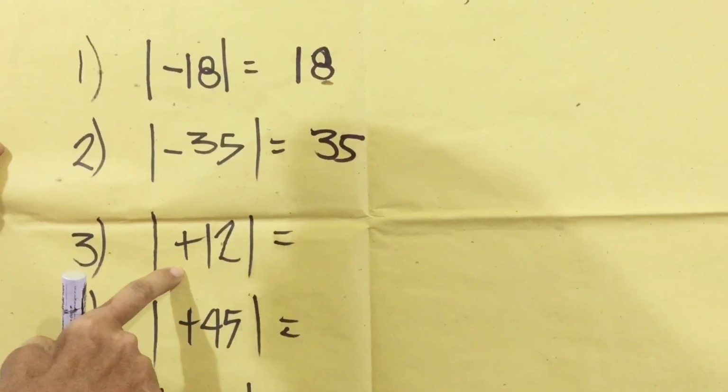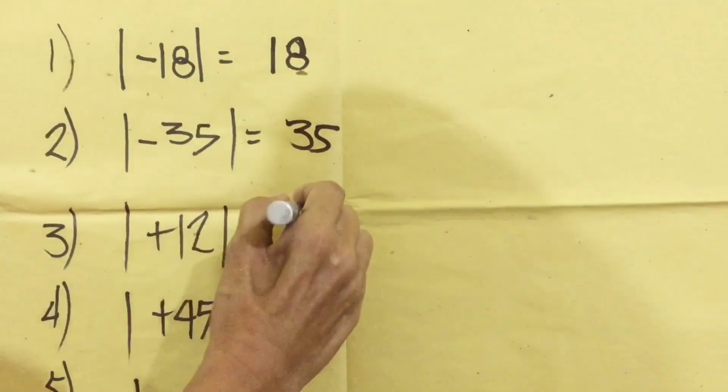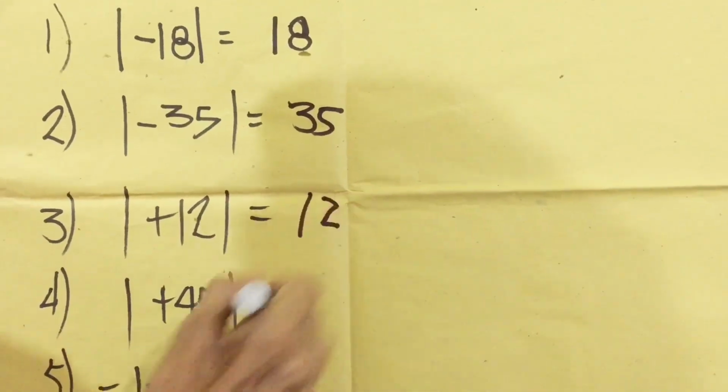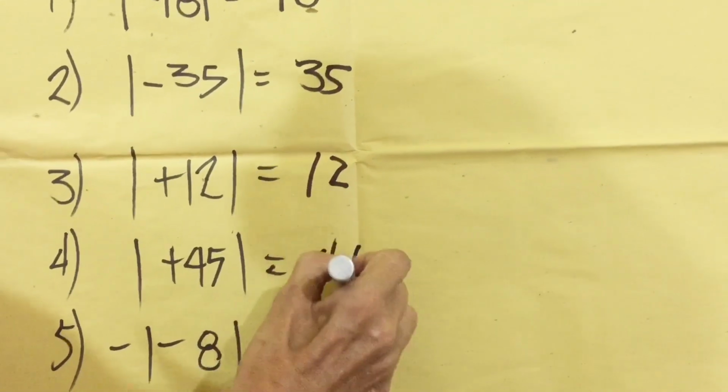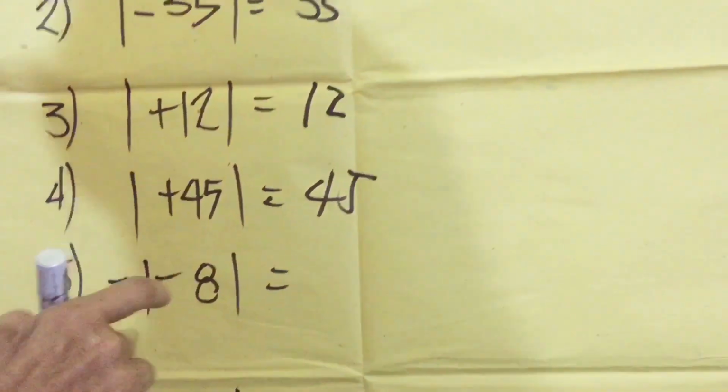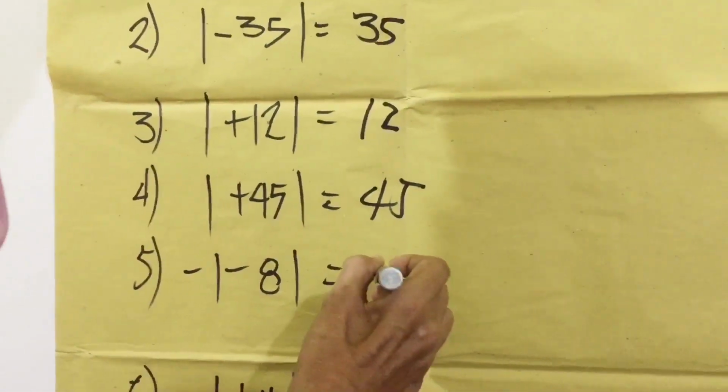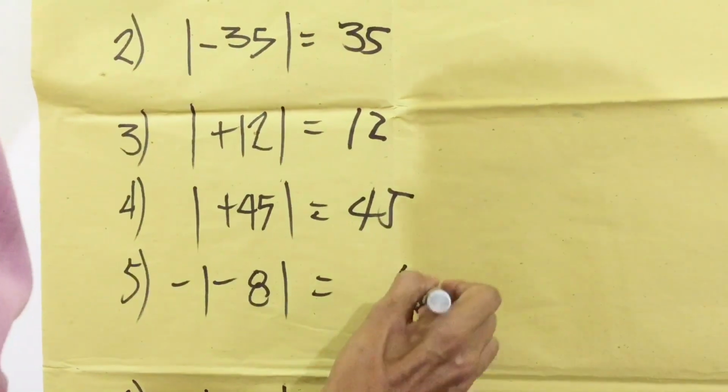And the absolute value of positive 12 is 12. The absolute value of positive 45 is 45. The absolute value of -8 is positive 8